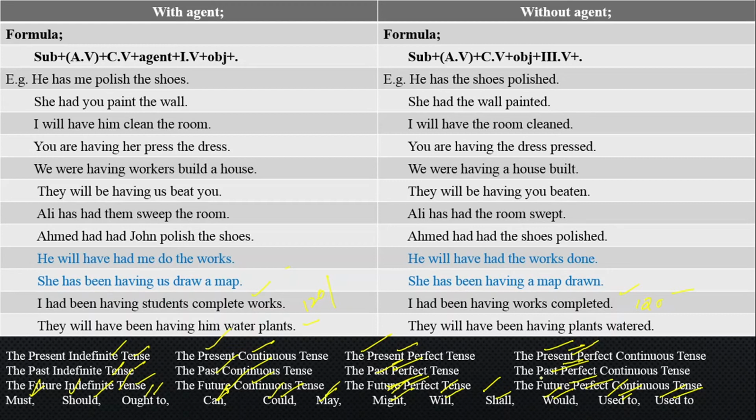Now the tenses are completed. We will go towards modal auxiliary verbs. Okay, next is